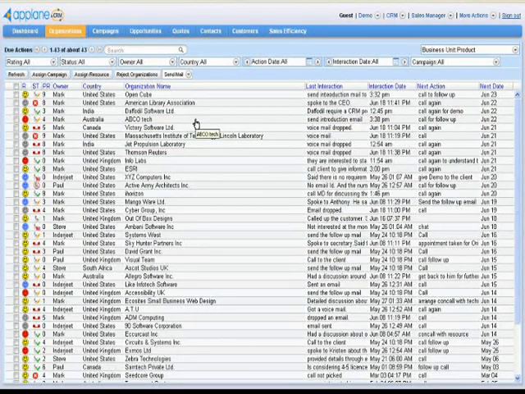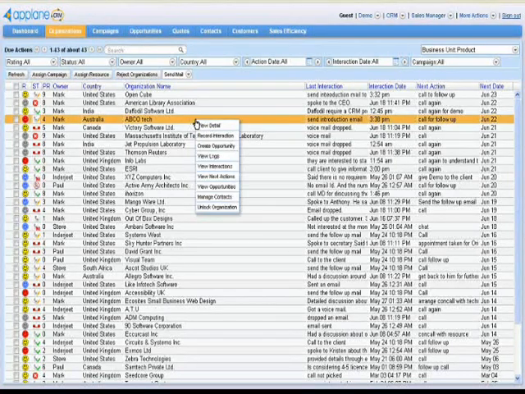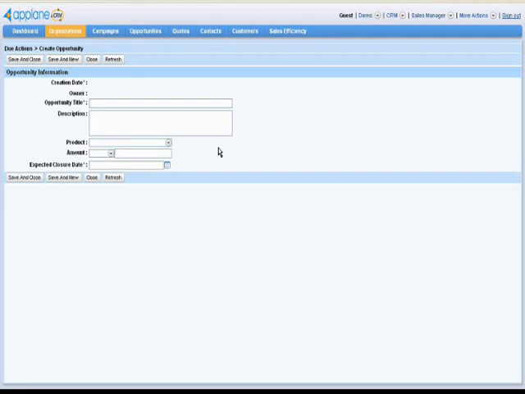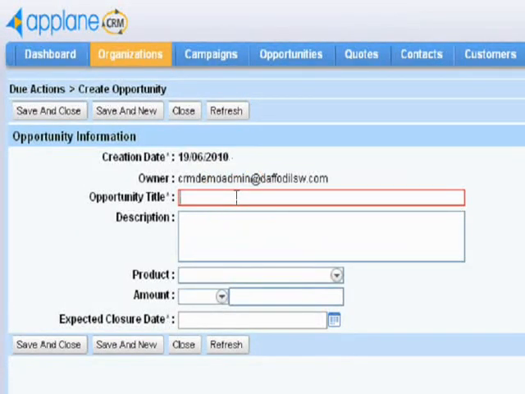This takes us to step 4, identify and create opportunity. In order to create an opportunity from a particular lead after identifying one, you may go to Due Actions or Locked Organization. Let us create an opportunity through the Due Actions page. So click on Create Opportunity. A new page opens up wherein you will have to give your opportunity an appropriate title.